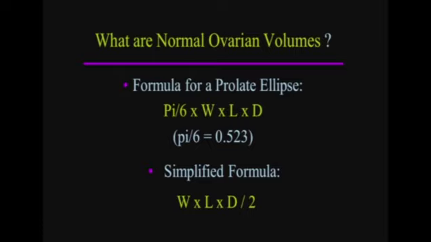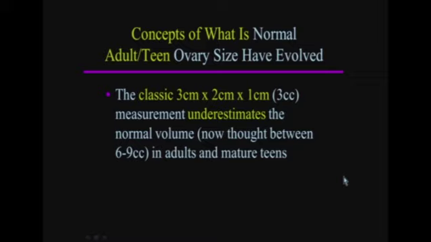What are normal volumes for the ovary? Some people use the formula for a prolate ellipse, which is pi over 6 times width times length times depth. Pi over 6 equals 0.523. So some people simplify that formula and simply go width times length times depth divided by 2, which gives you the volume of an ovary. The concept of what is normal for an adult and for a teenager has evolved during my lifetime in radiology. The classic 3 by 2 by 1 centimeter, 3 cc volume discussed when I was a young attending